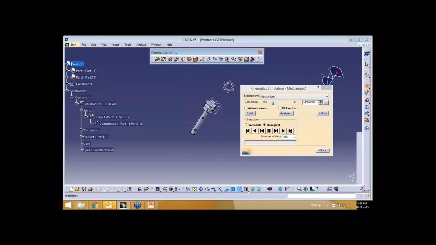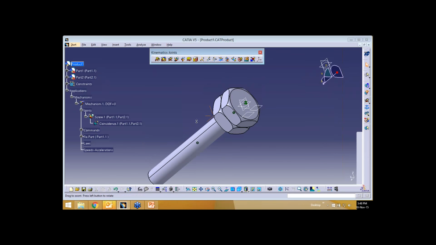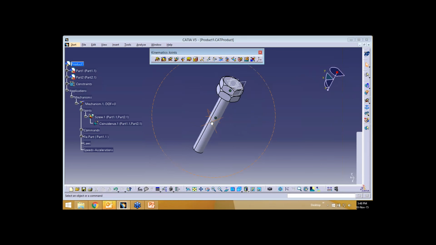Okay. Now the problem is the feedback I'm getting: whatever simulation I'm making here is not getting reflected. It's just moving in steps. You are not actually able to see it. That is the feedback I'm getting. This might be because of an internet issue you might be facing. So I'll proceed further.